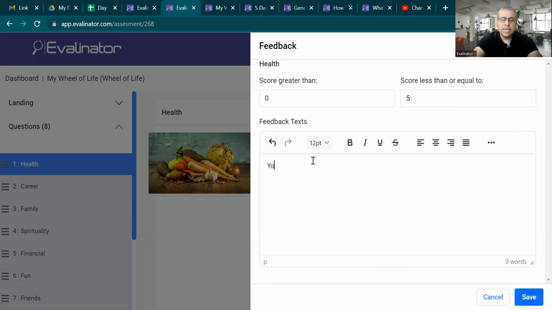something like that. You need to step up your game. I can help you do that, or do this as the first step. Of course, this is up to you. That takes a little bit of time to figure out, but since you're the expert in your area, I'm thinking this will come pretty easily to you. So just a few quick sentences which help your respondent understand a little bit more about the score, and then you click save,